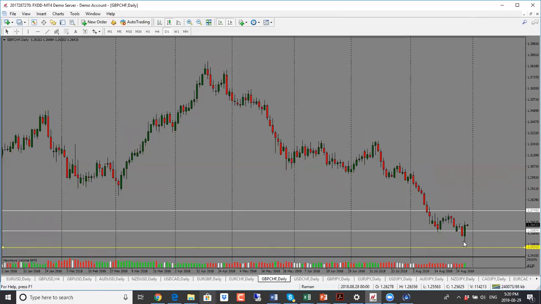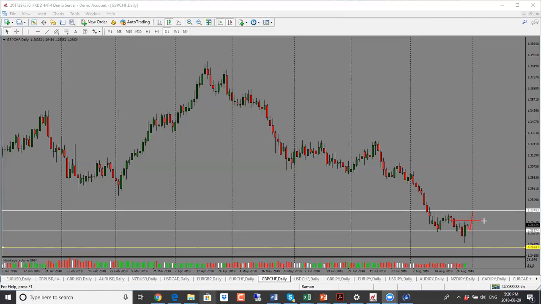Pound Swiss franc, as we just talked about, we were looking for price to drop. It did drop initially, and that news then pushed it back up. So now this is a bullish engulfing candle close, and as a result of that, we could see price go up higher again. It's back into this range that it has been trading in for the last couple of weeks. In this case, I would look for price to drop and then potentially go back up again. So bias is bullish.